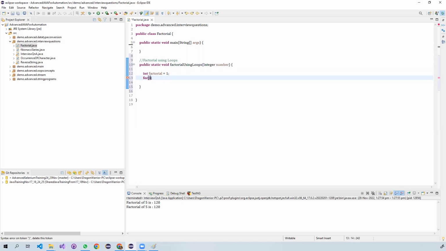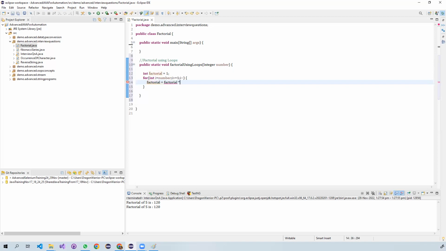So let's start for i equals number, and i is going to be greater than or equal to 1, because we are going to come back from that particular number to 1. It is not mentioned as integer, that's why it is giving us an issue: int. So here, factorial equals, we are going to collect all those multiplications into this factorial